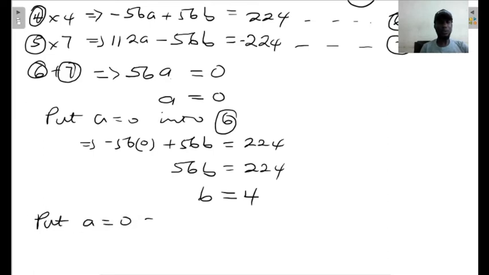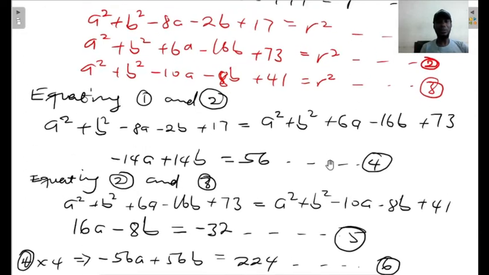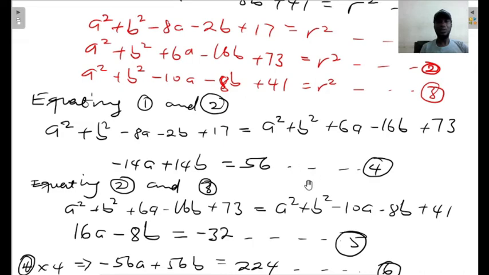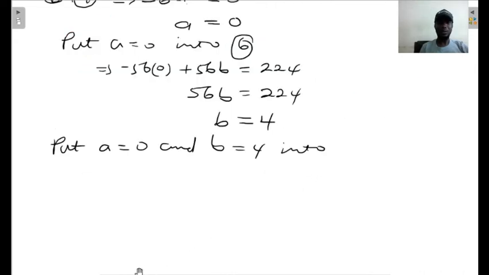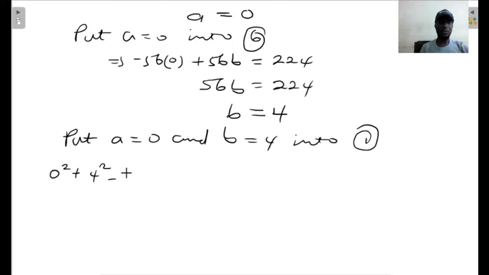Now that we know the values of a and b, we can go back and put them into either equation 1, 2, or 3. I will choose equation 1 because it is easier to substitute them into equation 1. But anyone who chooses 2 or 3 will still get the same. A is 0, so 0 squared plus our b is 4, so 4 squared minus 8, our a is 0, minus 2, our b is 4